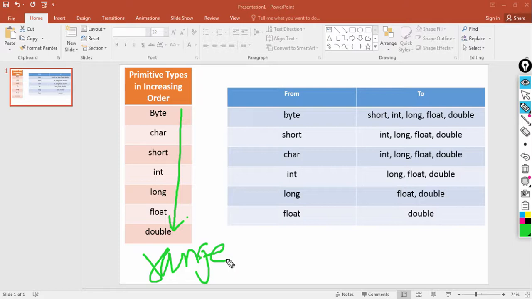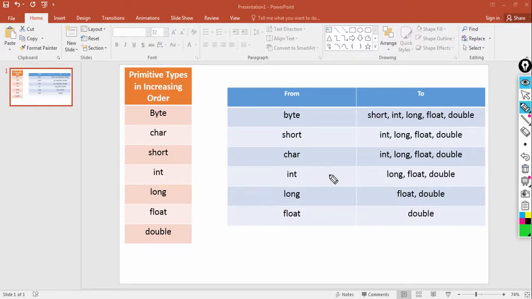So for example, what is the range of byte? It can hold -128 to +127. Between these two numbers it can store any number, okay. Similarly, all the data types have their different ranges, okay. So the arrangement here is done in increasing order of their ranges.